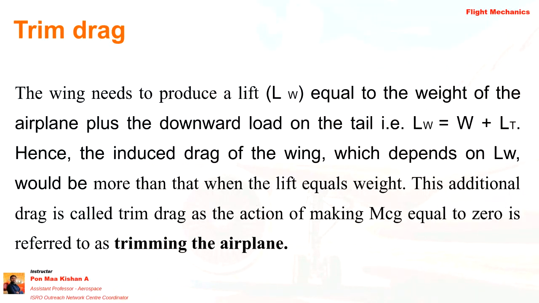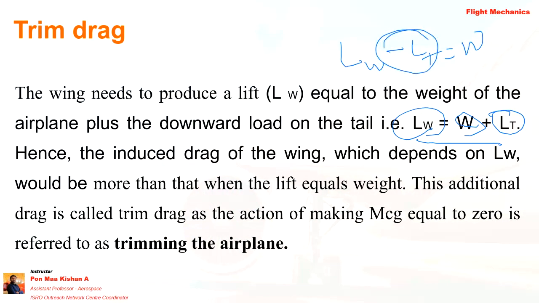We have already done a problem related to this, lift at the wing and the tail section, right? From that itself, we can understand that LW, that is overall lift, is equal to weight plus LT. So simply we can say LW minus LT equals weight, when lift at the tail is acting downwards. Okay, so let's consider, kindly see the video once. If there is a pitch up or pitch down movement, whatever it was.